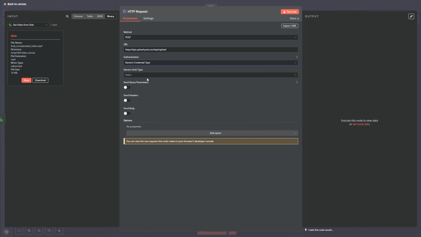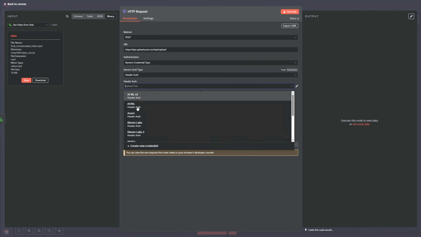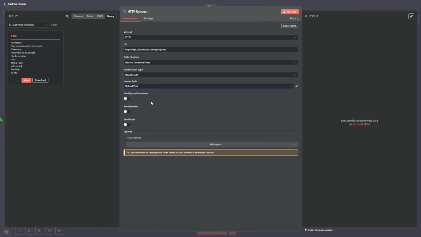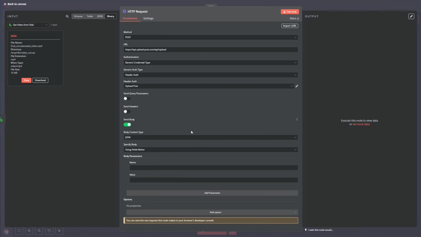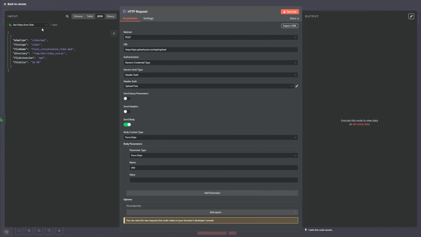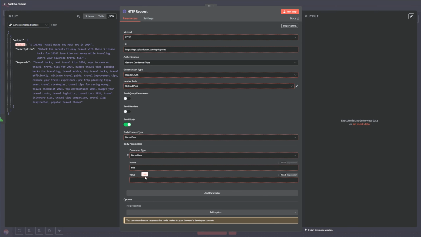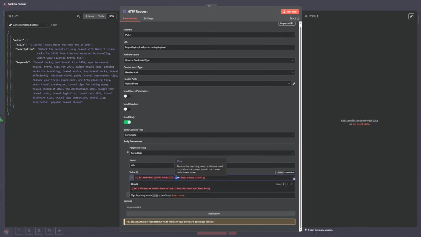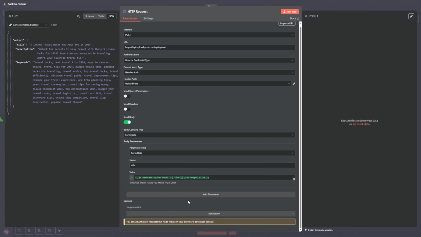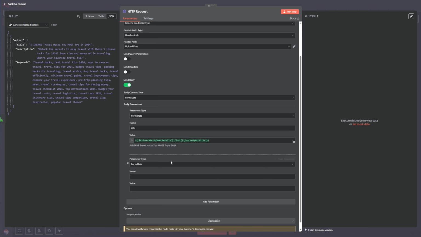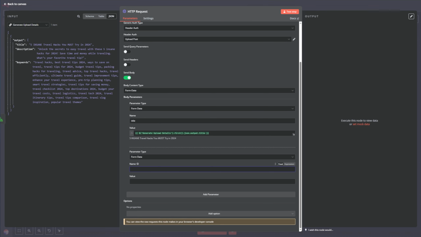And for the authentication, we select generic credential type, header auth, and Upload Post. For the body, select form data. And the name is going to be title. And the value is going to be the title. So it's generic video idea, no, not video idea, upload details, title. Let's remember to change it to first instead of item, and it will work. The next part is to add the platform. For this, we need another form data. We are going to name it platform,